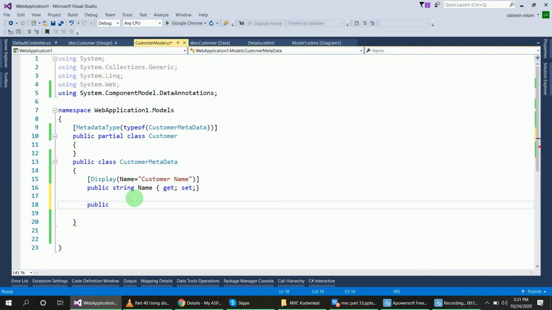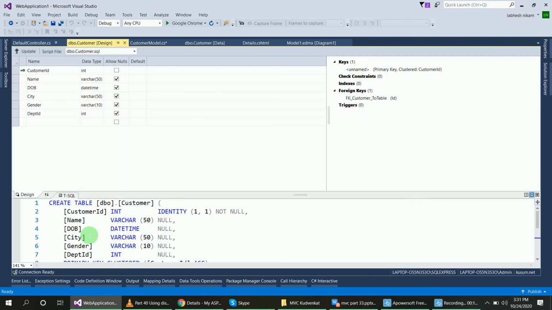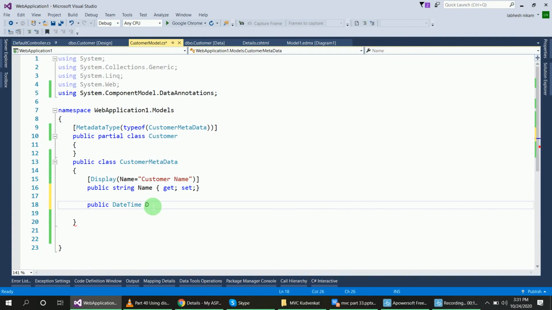So I will add public DateTime dob, where dob is my date of birth property, the name of the column, and write get set. Now I will add the attribute so it will display only the date, not date and time.